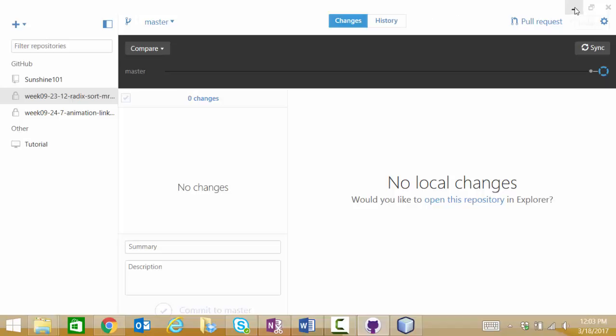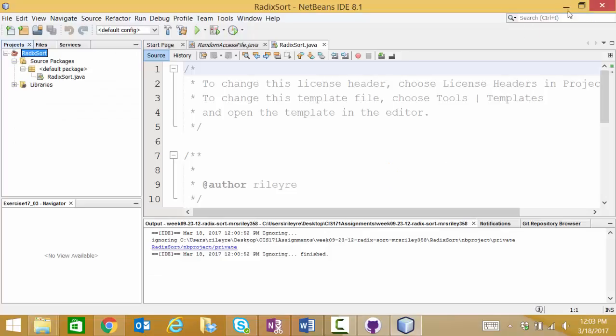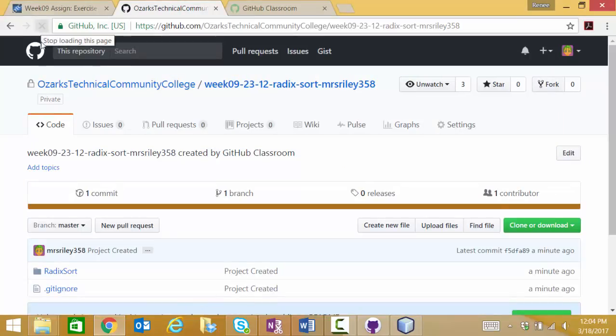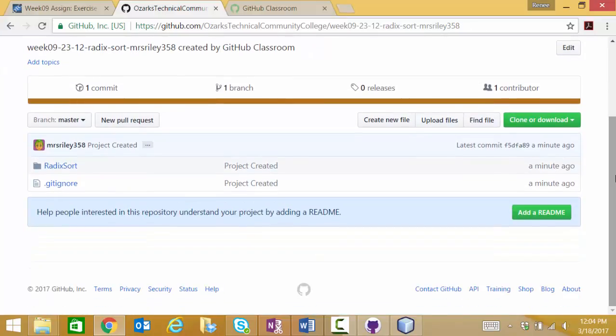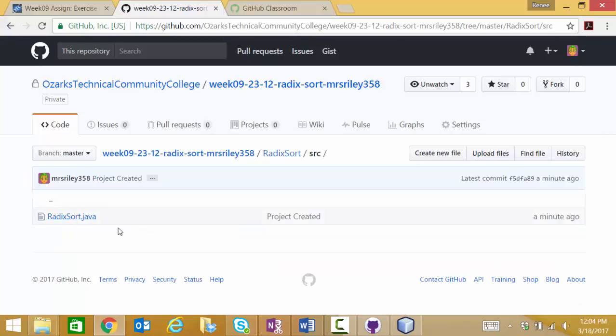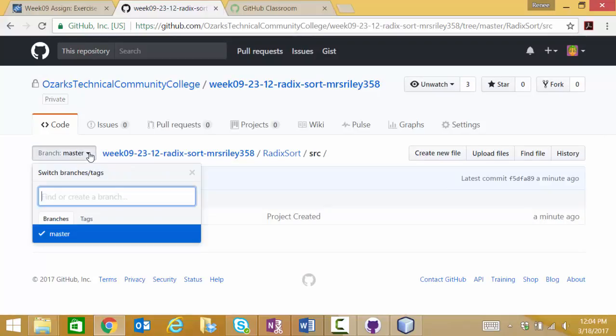Everything's all done. So now let's return to our github.com interface, and I'm going to refresh. And now we see that under code, we have our new project information. So this is a project that we created directly under the folder that we're using as our GitHub repository for this assignment. I can look at my radixsort project, look at the source code, see my Java file. So this is my first